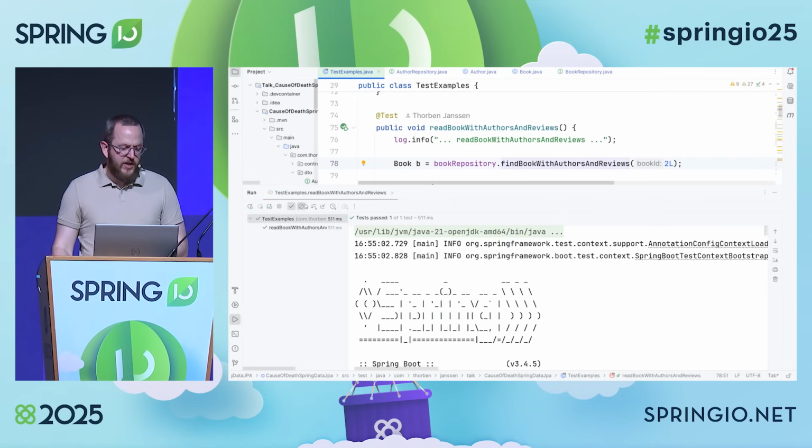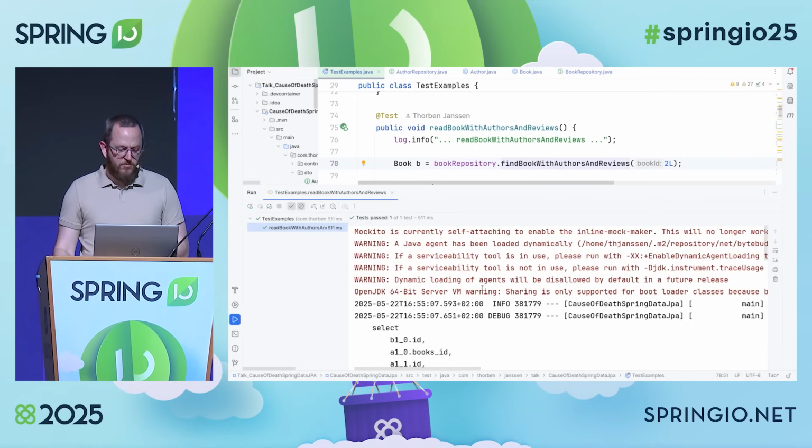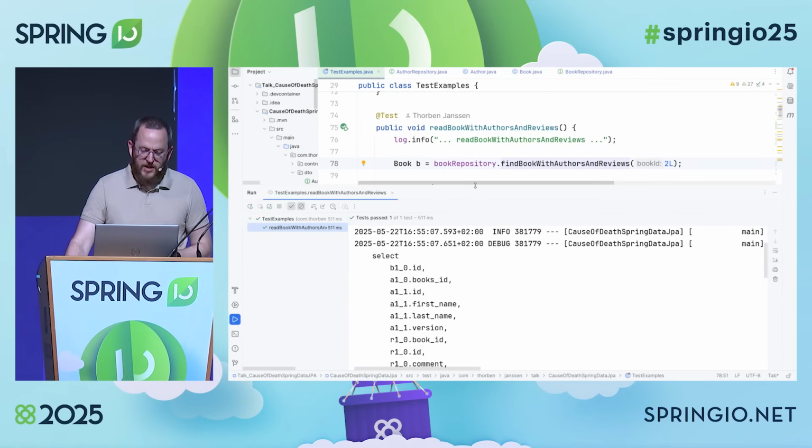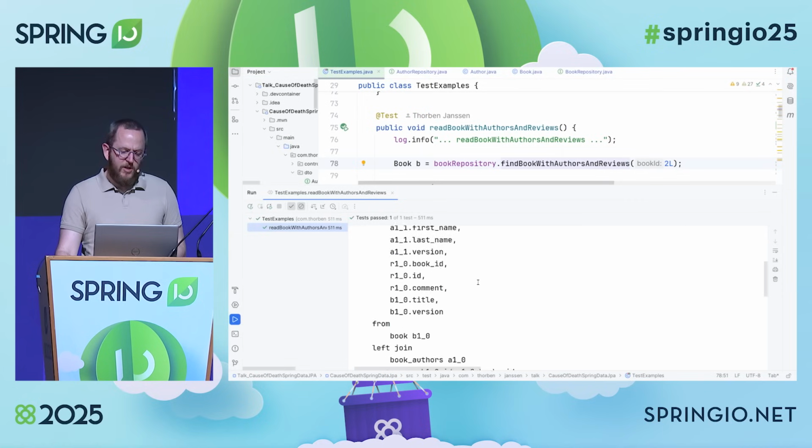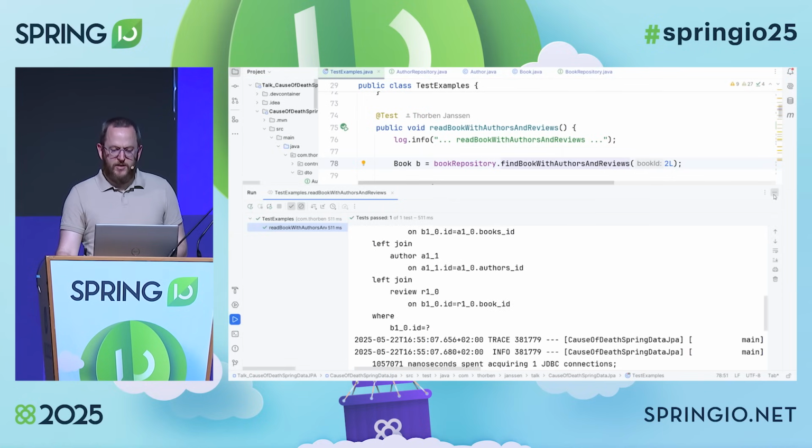And use a set instead, without modeling the many-to-many relationship as a list. You actually don't have a bag, and that means you can't get a multiple bag fetch exception, and that makes the entire handling here way more efficient.